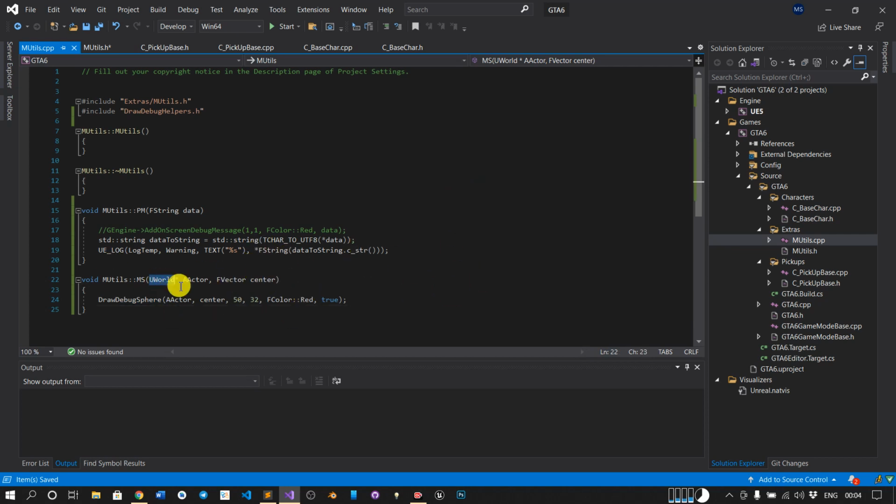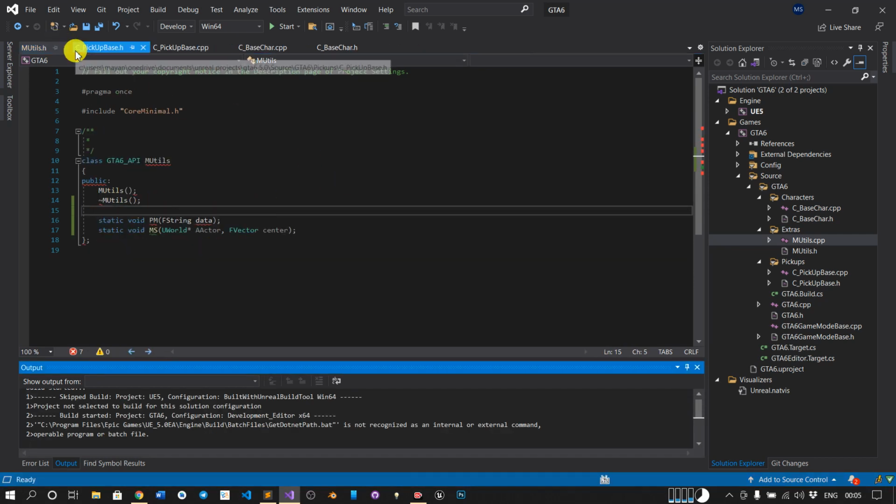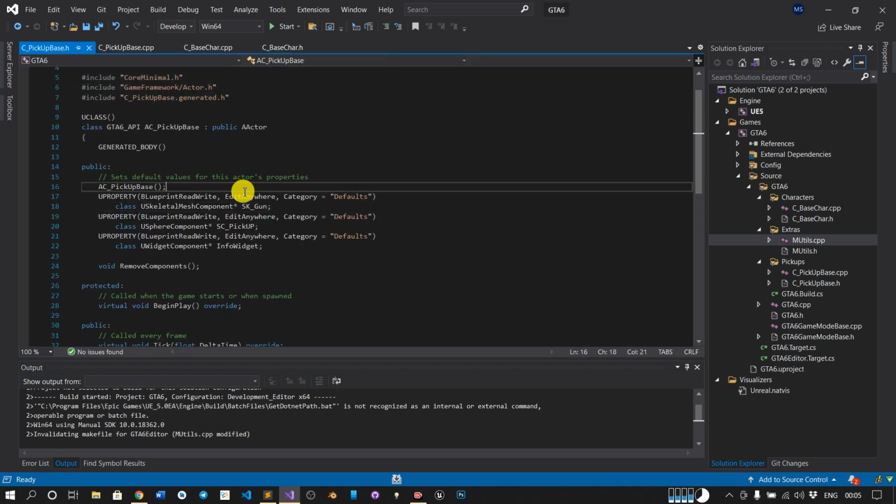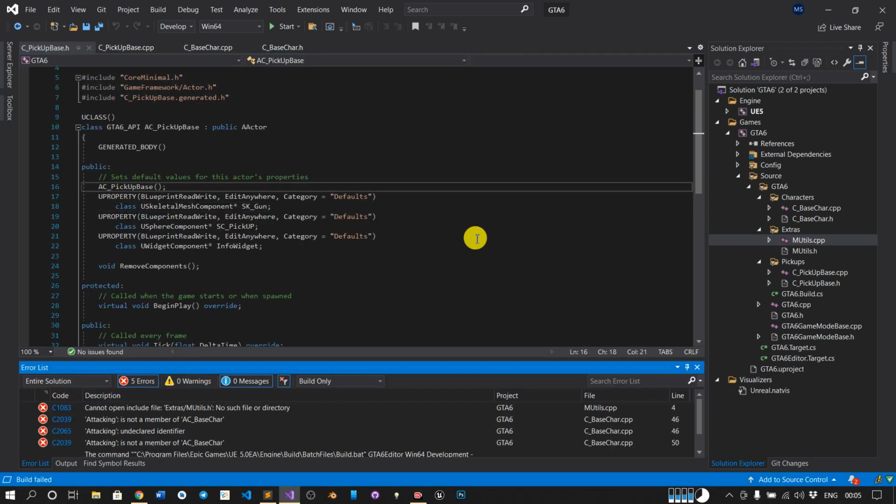When we use it, you will get to know that. And here I am writing the same UE_LOG statement which we were using before, but I am creating a short function for this. Okay, so Control Shift B and close the MUtils class because it should compile.